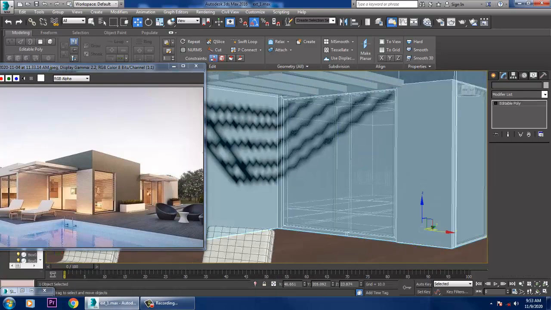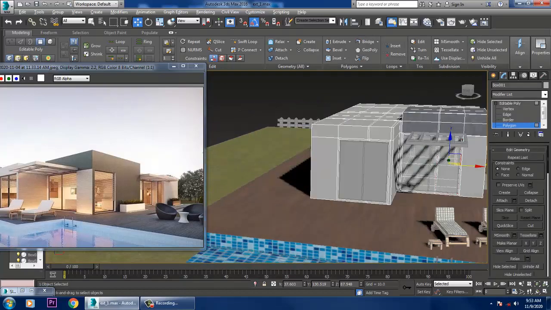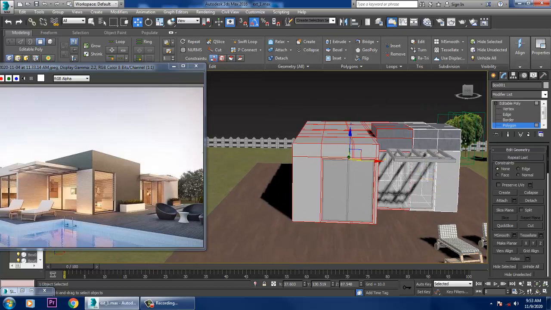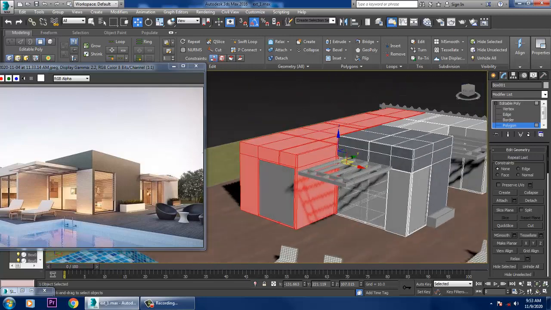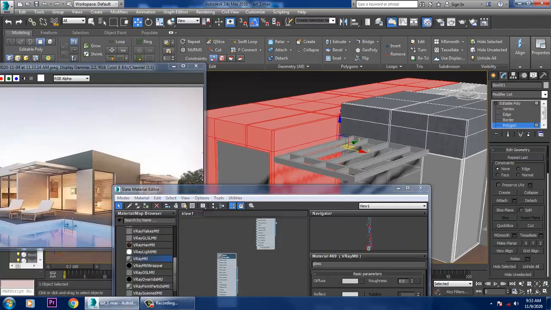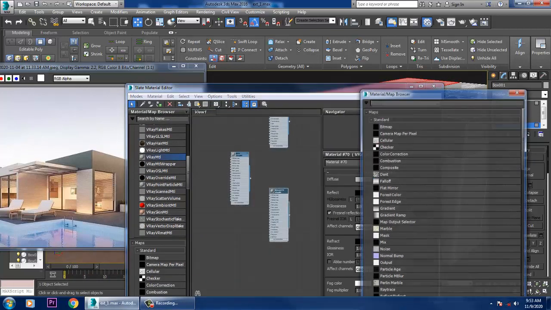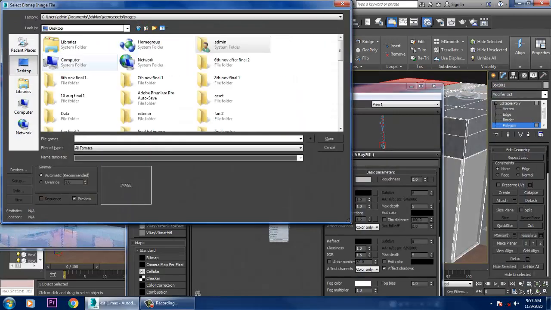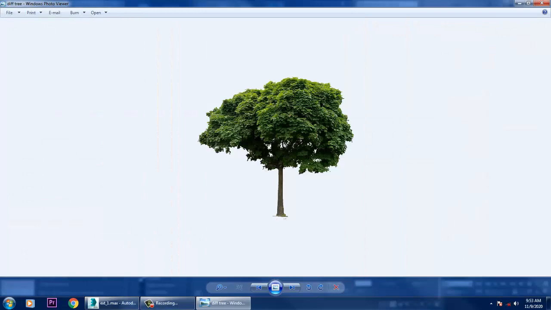So let's select this part. Let's select the polygons. Whatever the rest of the part is over here, excluding this part, we'll be selecting that. Let's go into the material. Let's again take a V-Ray material, go into the bitmap, go into that exterior folder and review a few of the textures which we have taken, which we are going to initiate. We can use this texture.